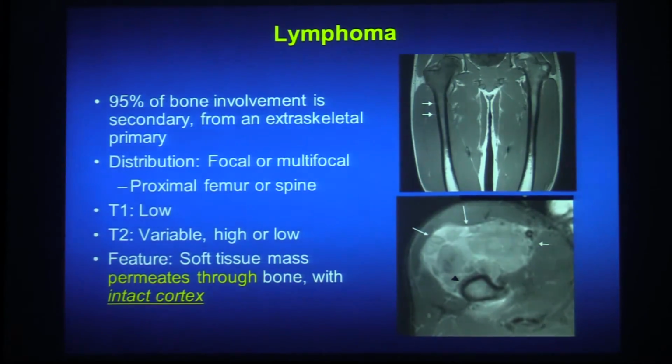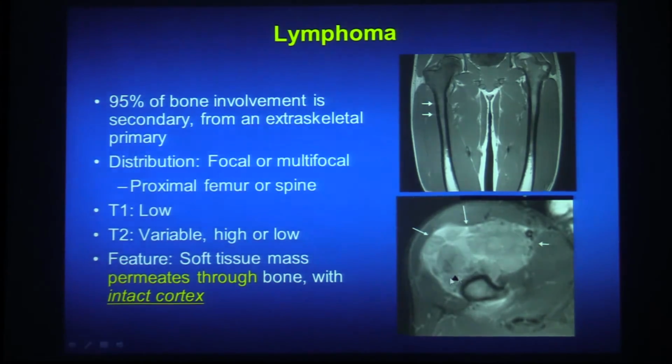Lymphoma is common as well. Most of the time when lymphoma goes to bone, it's a secondary process with an extraskeletal primary happening elsewhere. So only a small percent is primary lymphoma in the bone. It can be focal or multifocal, and although it can occur in different places, it's often in the femur or the spine. Low signal on T1, variable signal on T2, but one feature that would make you think about that